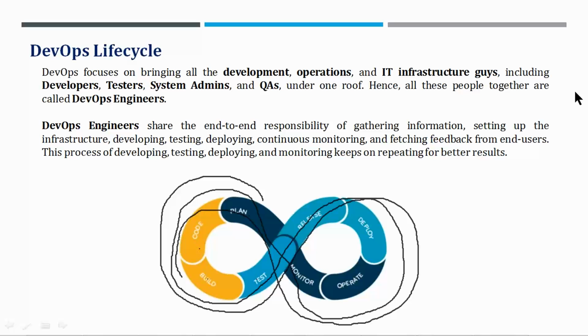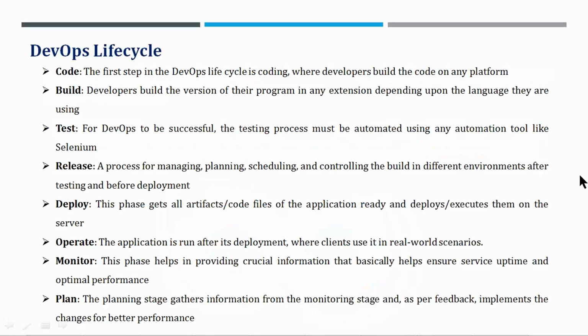Now, with this information, what does DevOps actually include? The DevOps cycle includes coding, building, test, release, deploy, operate, monitor, and again plan. In fact, the planning comes first and last. Plan for the next steps and again reassess the plan of the previous steps to identify the bugs if any. And again continue for coding, building, etc.